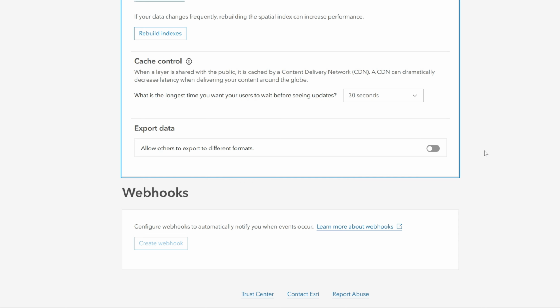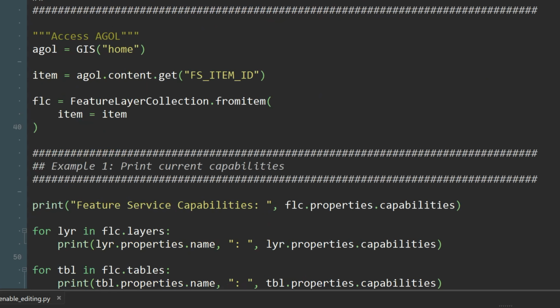So let's head over to our script. We first access ArcGIS Online using the GIS class and supplying in the home string. We'll assign our GIS object to a variable called AGOL. We then use our GIS object and access the content manager and use the get method, supplying in our feature service item ID, which I'll paste now from my notepad. The get method will return an item object. We then take our item object and create a feature layer collection object using the from_item method, where we supply in our item object as the item parameter,